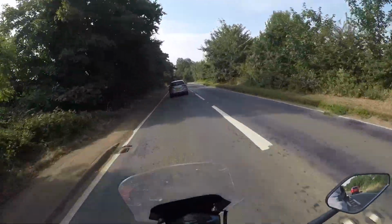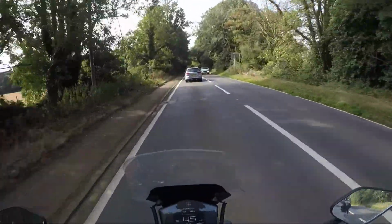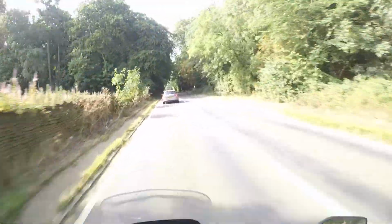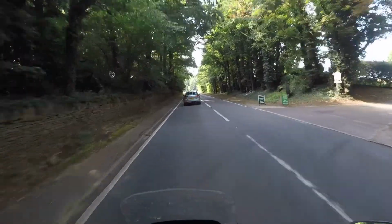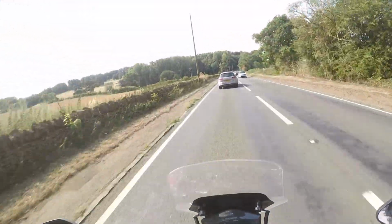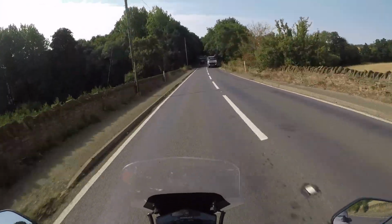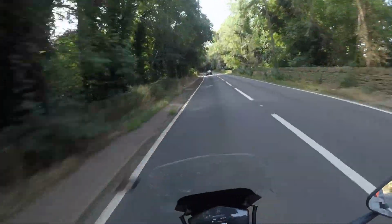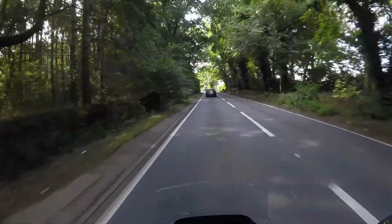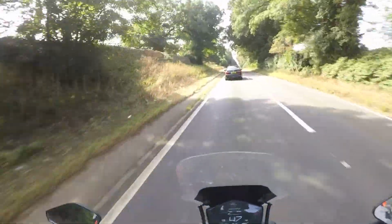So yeah, I had concerns about how much luggage I could take, but I think I've actually fit basically as much luggage as I would have had on the VFR on this bike, purely by being better at packing. And yeah, I've got enough experience with this bike now to expect that it's going to handle this tour just fine. And the only big issues that I'm going to have are